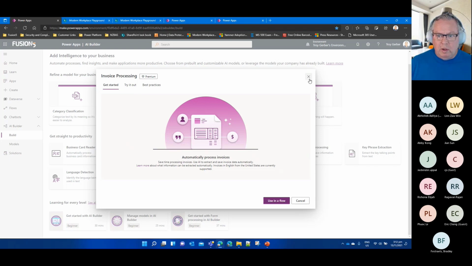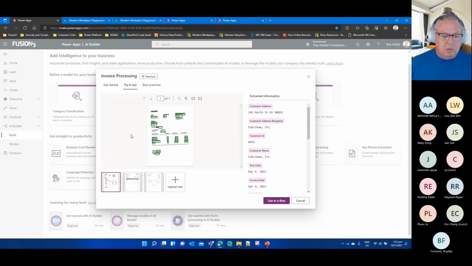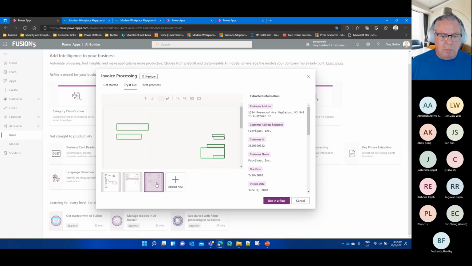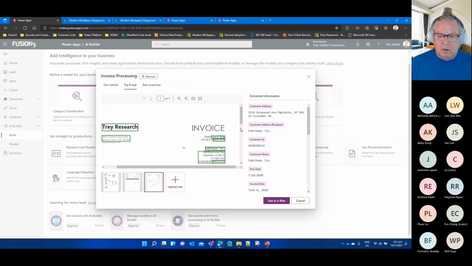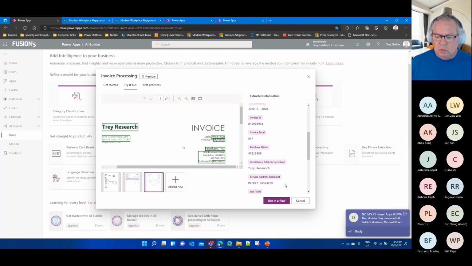You'll see no matter where I go to, when you click on these, it'll bring up and tell you what to do to get started. Typically, there's a tryout option, so it shows you, right, these are a couple of forms that I've processed and I've identified things like vendor name, and I've identified the date. So it tells you that it's basically got all these in place,